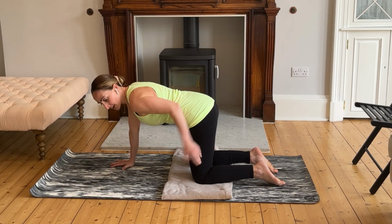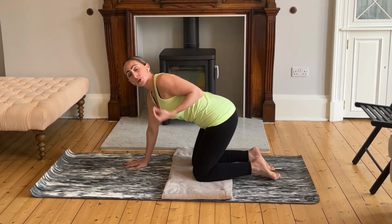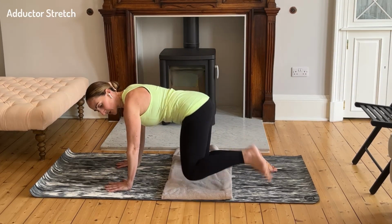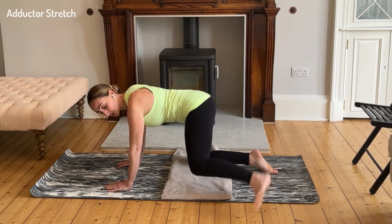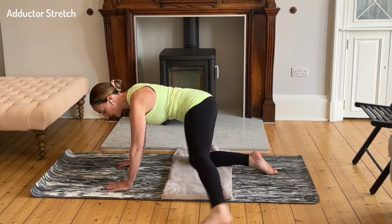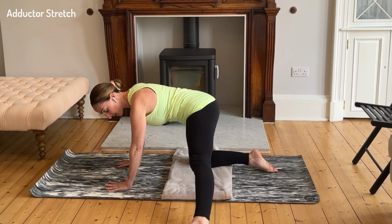So the first one is your adductor stretch. So the adductor stretch is going this way. But if you already struggle with stiffness getting the leg out, the first thing you'd want to do is open the leg out first. And you can do a few repetitions where you just simply extend the knee out to the side and back, out to the side and back. And then once you're okay with that movement,